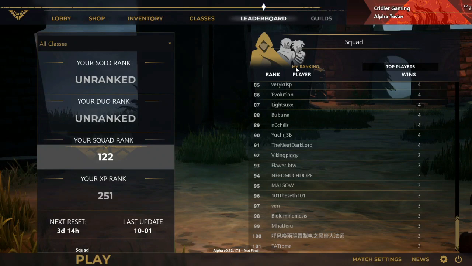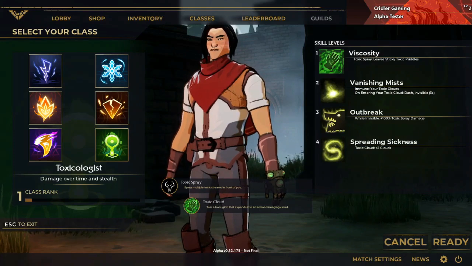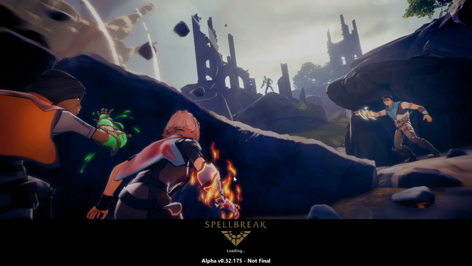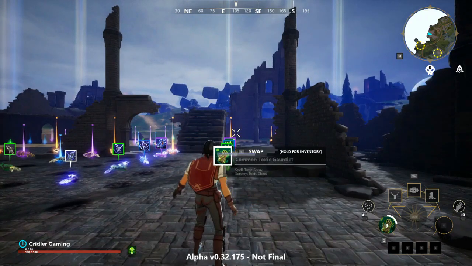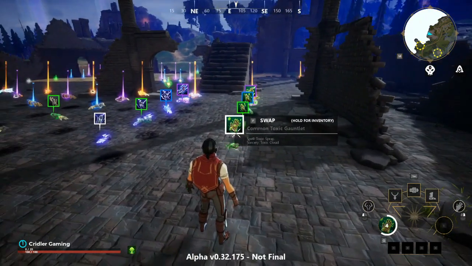And what we'll do now is we'll go into a quick practice match and we will look at some of the gauntlets. So my thing to practice, I'm choosing the gooey one, the Toxicologist, to start with. Let's see how we go. Now you can equip 2 gauntlets, one on your left hand and one on your right. The one you just saw there, the one that you start with, is your left hand,